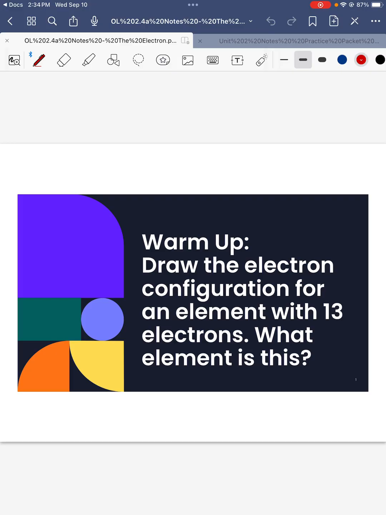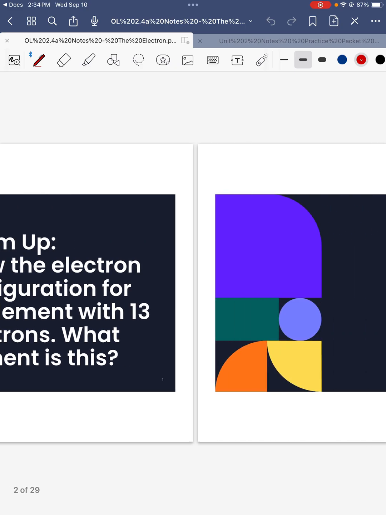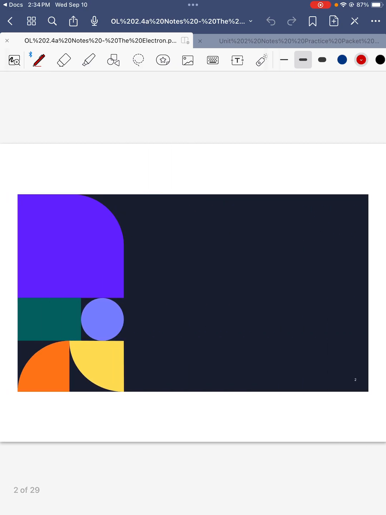So for a warm-up today, what I was going to ask you to do is draw the electron configuration of an element with 13 electrons and identify what element that is. So if I think back to my Hog Hilton rules and I think about my first floor, my second floor, my third floor with 3 rooms, my fourth floor, and my fifth floor with 3 rooms, I think about labeling